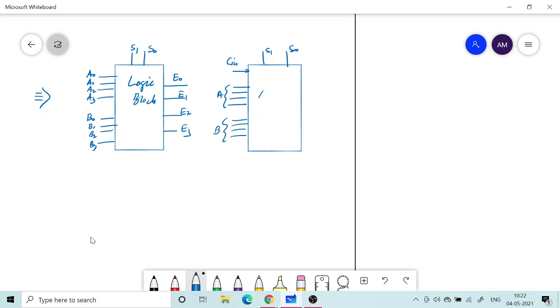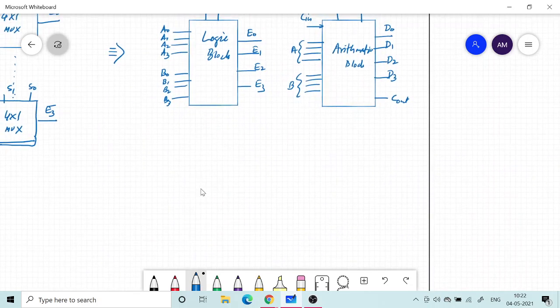Okay, so this is my arithmetic block, and here the outputs were D0, D1, D2, D3, and I have also C out. So this is my arithmetic output.